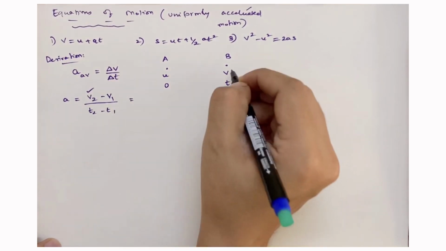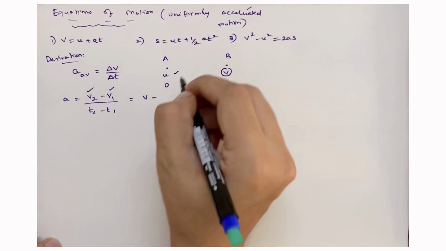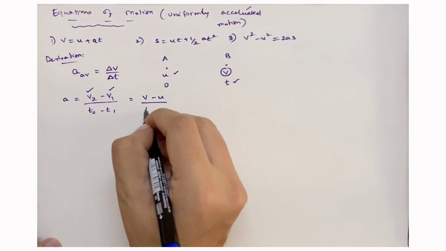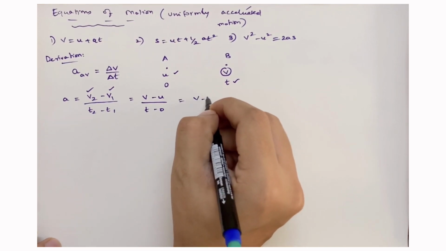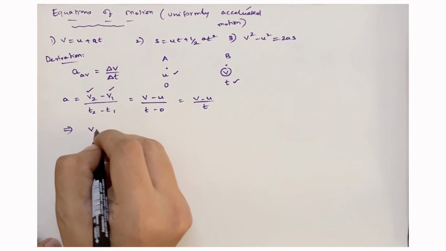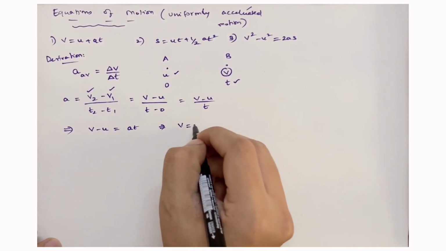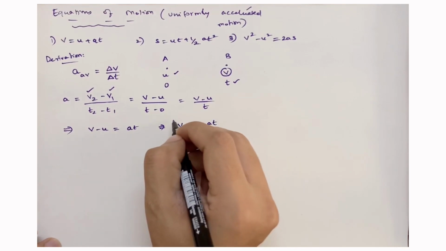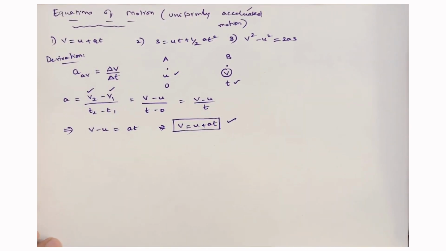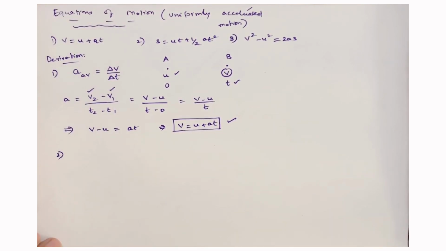So, here v2 is the final velocity of the object, which is v, minus v1 is the initial velocity of the object, which is u, divided by the final time is t minus 0. So, this will be v minus u divided by t. So, when this equation is rearranged, we get v minus u is equal to a into t, which implies v is equal to u plus at. So, this is going to be the first equation of motion. So, the derivation for the second one is,